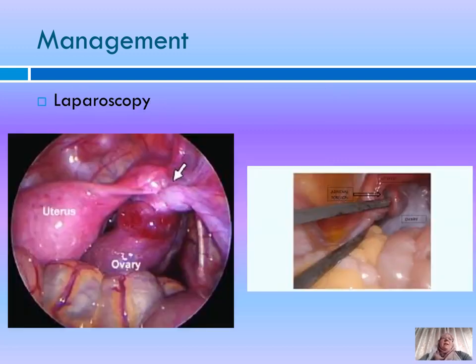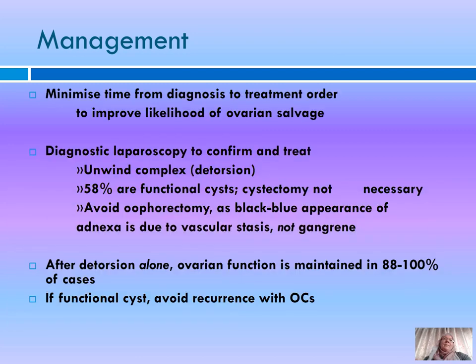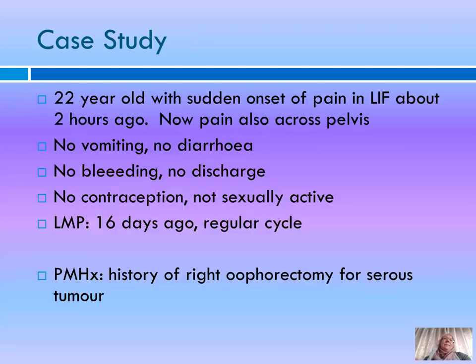So this is a picture of a laparoscopy, two pictures of adnexal torsion. On the left, you can see the torted ovary very well, and you can untort it easily, but you have to remember to remove a cyst that you find so that it doesn't retort. And the same on the right picture. Okay, so let us go to the next case study.